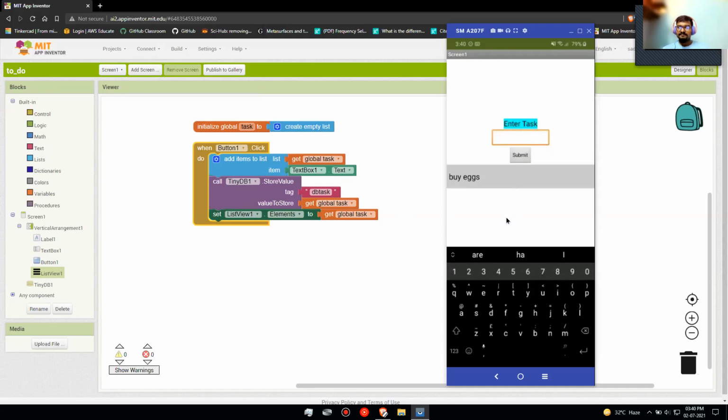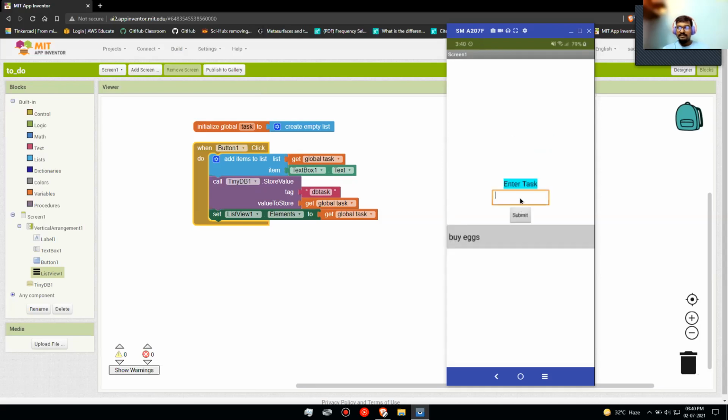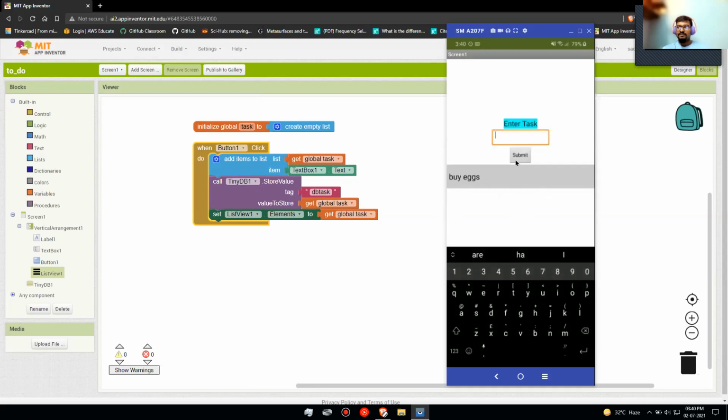Anything you write in the text box will show up. So inside the text box, I have to write something. Yeah, just like a normal to-do list app. So what do you write in a to-do? The things you have to do, and then we have to submit it. Yeah, submit it. It will be under the list.